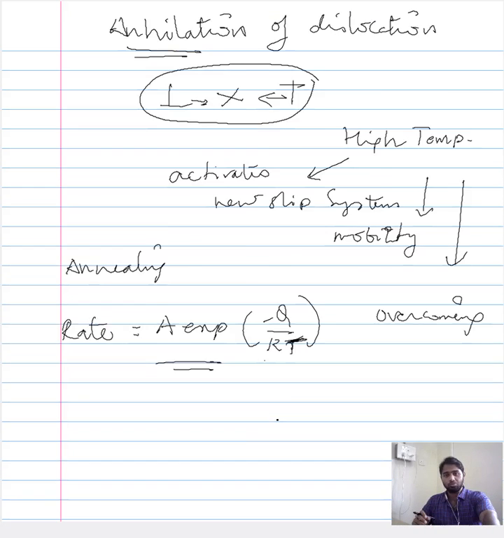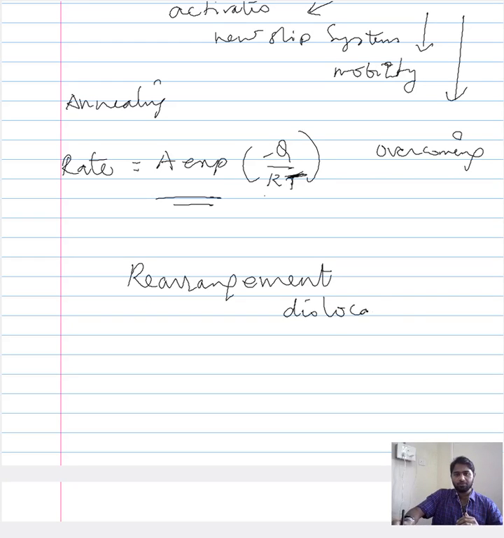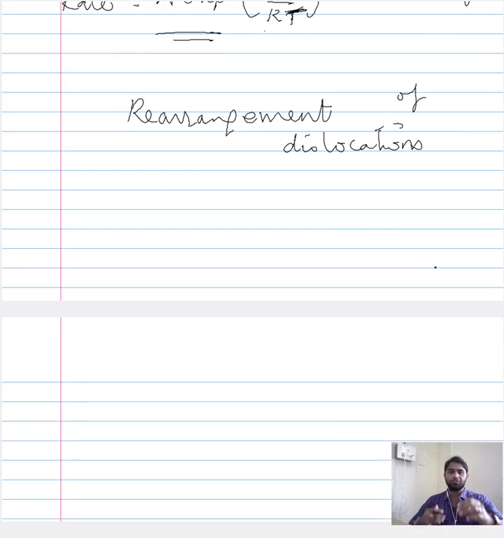Now, in addition to this annihilation of dislocations, there is also another way through which the dislocation density is reduced, or the energy of the system is reduced. This involves rearrangement of dislocations. So in addition to the annihilation, you have rearrangement of dislocations. If you talk in terms of the energy of the system, what this essentially is